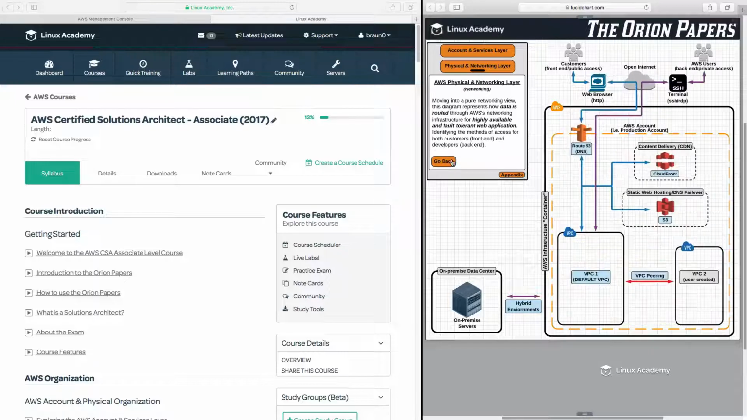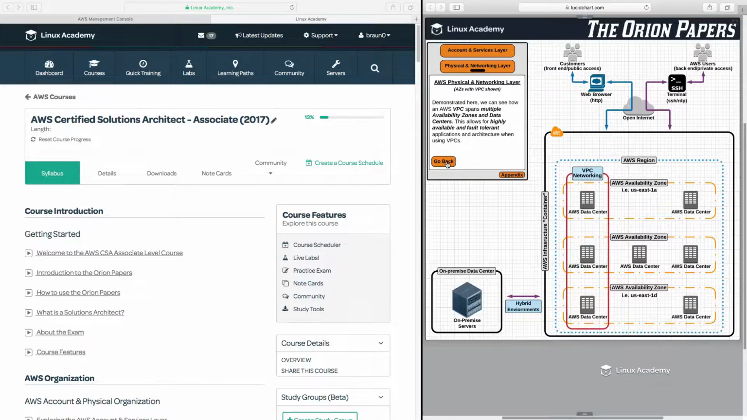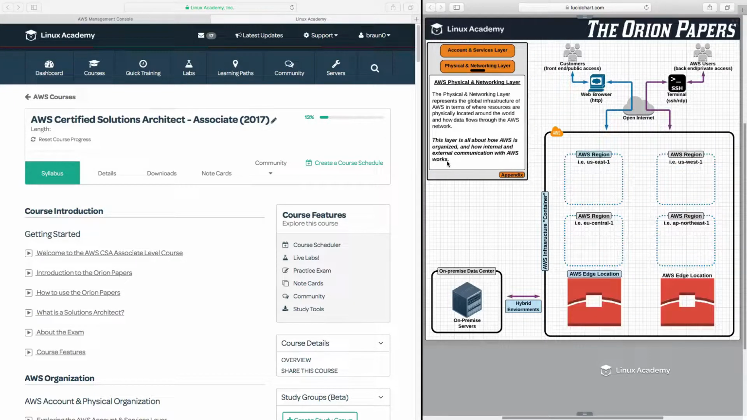And as always, I can just use the back button here to navigate my way back up through the layers to the highest level of that particular main layer, being the physical and networking layer or the accounts and services layer. So that's just a quick walkthrough of how to actually use the Orion papers,